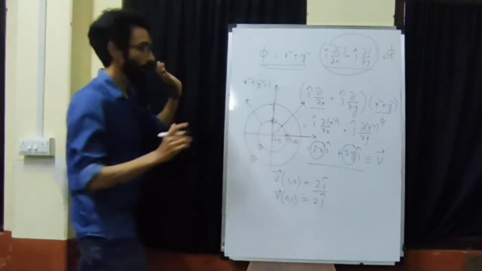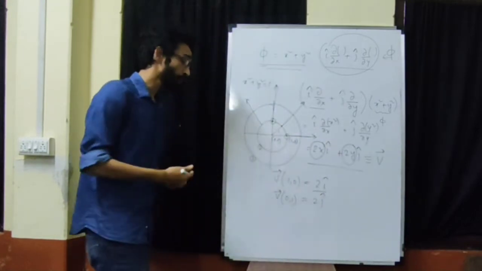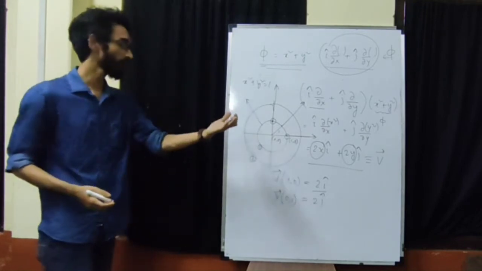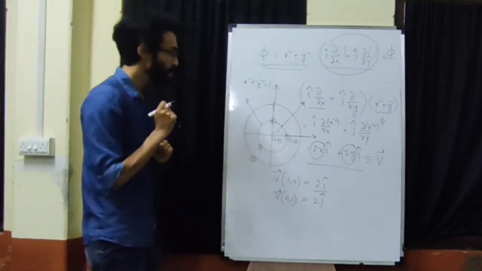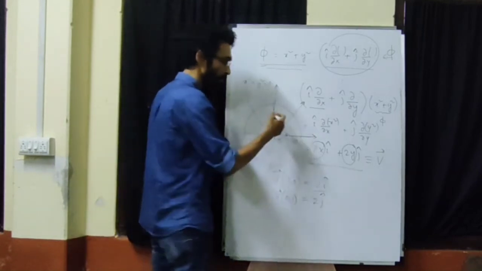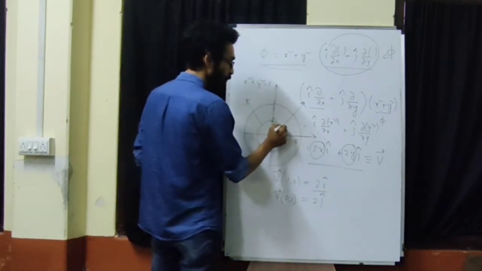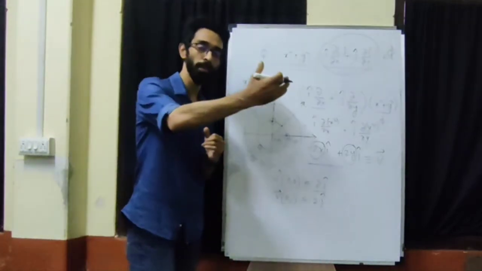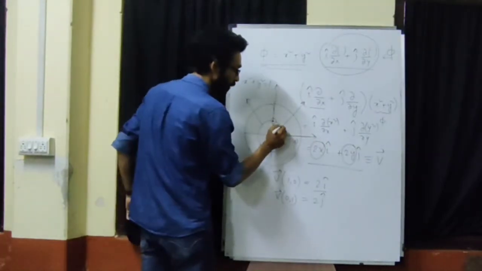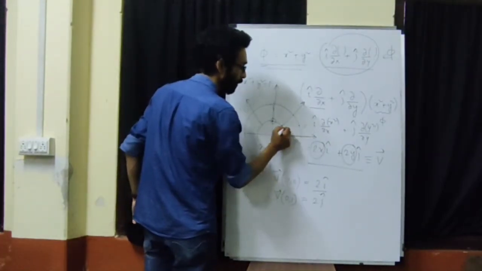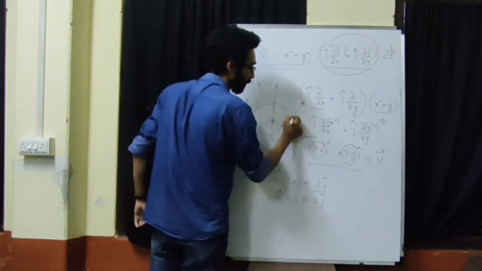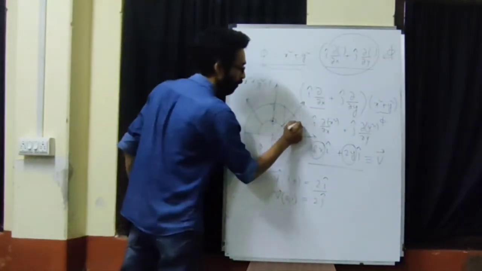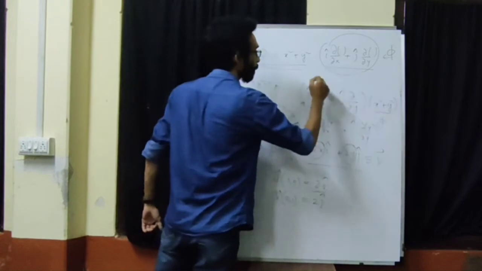Secondly, we are now talking about the properties of this vector. This vector is always perpendicular to the level surface. Because of this perpendicular nature, if we want to go from, let's say, surface 1 to surface 2, what is the shortest distance? Suppose you want to go from this surface to this surface. We can go like this, anyway, but then what is the minimum distance? It is along the normal, along the perpendicular. So this is a vector.